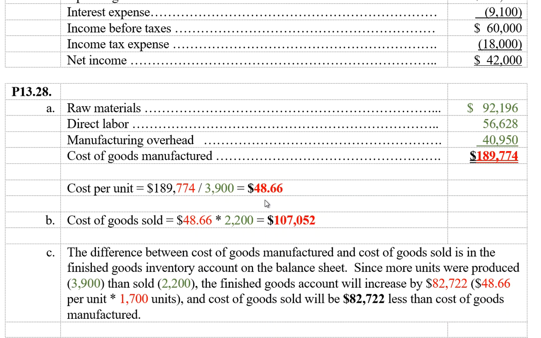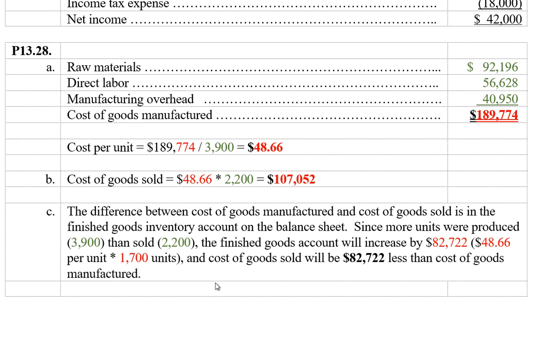And then they tell you, well, there's 2,200 units that have been sold, so you just multiply that cost per unit times the units sold to get the cost of goods sold. So some of these problems are really, really straightforward and easier. They're not real highly complicated. But there's something that is reinforcement for you that, hey, look, all this other information that you get from accounts in accounting, they're irrelevant to the question at hand here. Okay? Now, know too, down here in C,